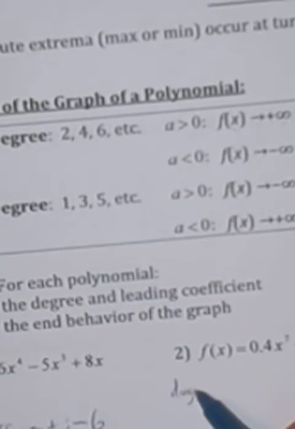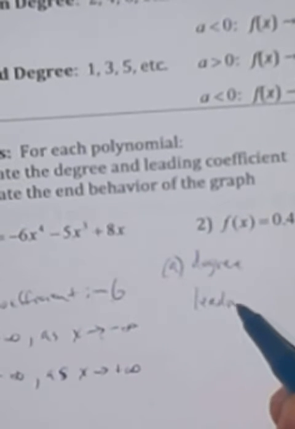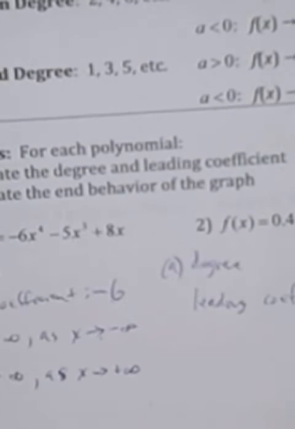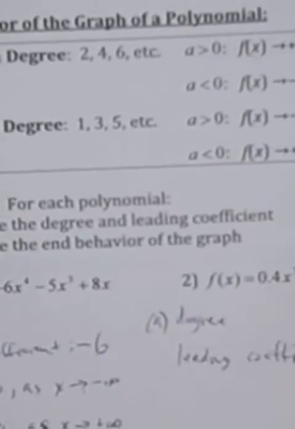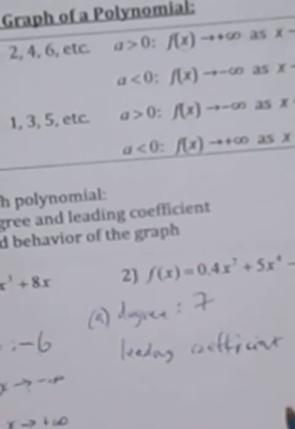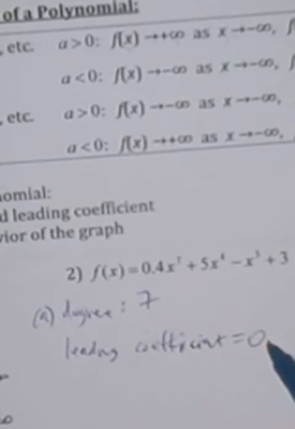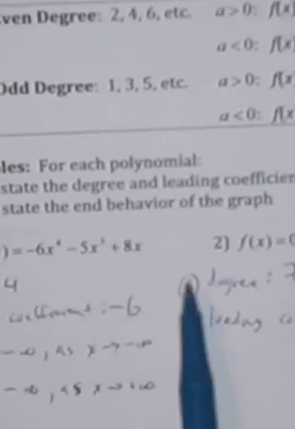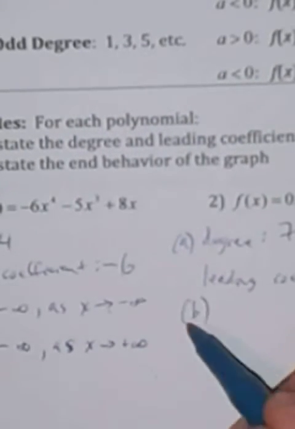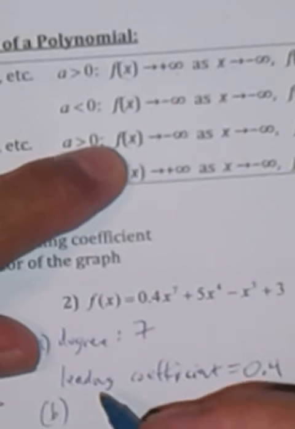All right, so we want to find degree for A and leading coefficient. Which again we call A up here. That's our A up there. That's a leading coefficient. All right, so the degree, again, I look at the highest power. And leading coefficient, 0.4. Notice that's a positive, right? So A is greater than 0. So that means for the end behavior, I'll follow this guideline for the odd ones, and A is greater than 0. So f of x